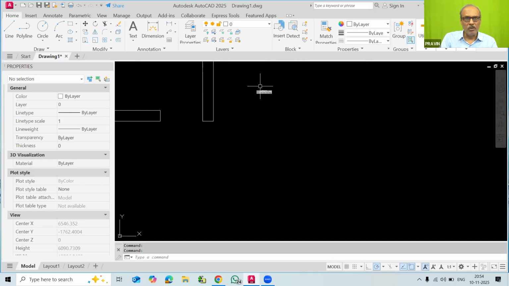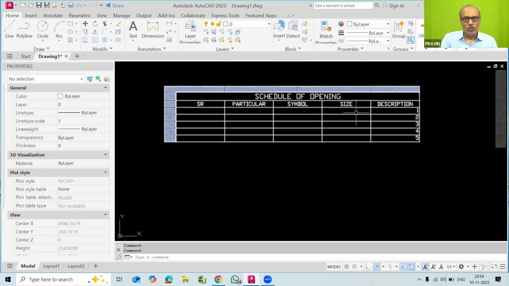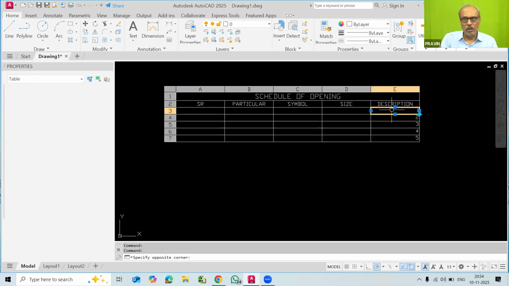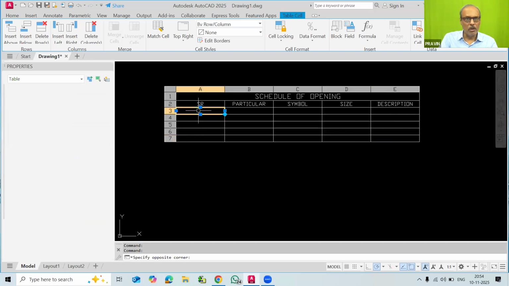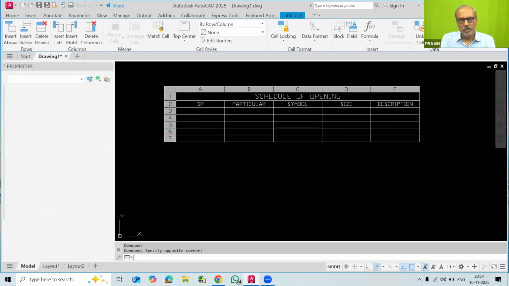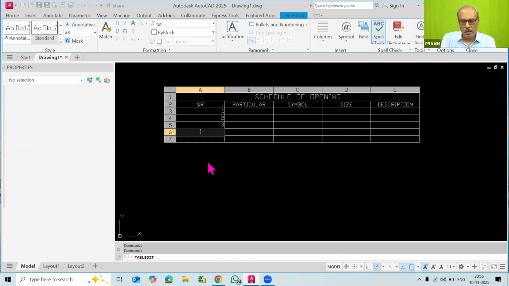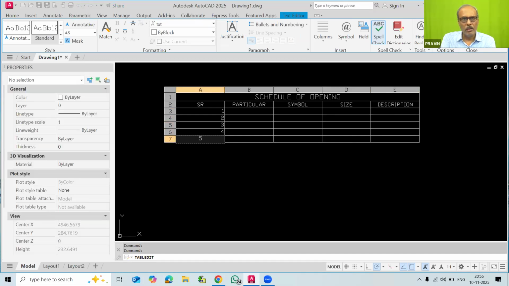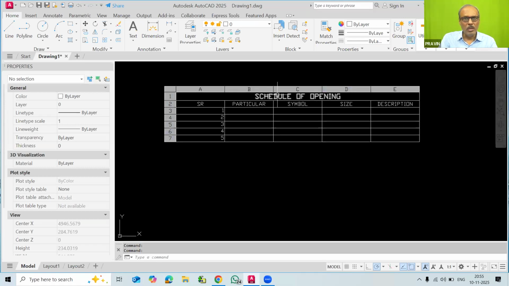So you can see that by zooming this, this small table I have prepared. So all this text gone here. I don't want this. So I can select that cell and delete. So here I will just select all these and delete. I am using the keyboard and arrow button. So now in the serial number column, I have to type 1, press enter. So it is going down. 2, enter. 3, enter. 4, enter. 5, enter. But what happening that now there we are not using any font.